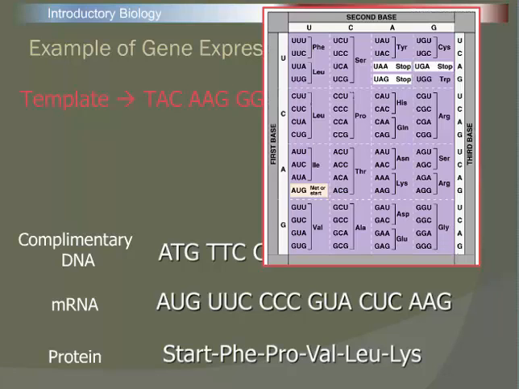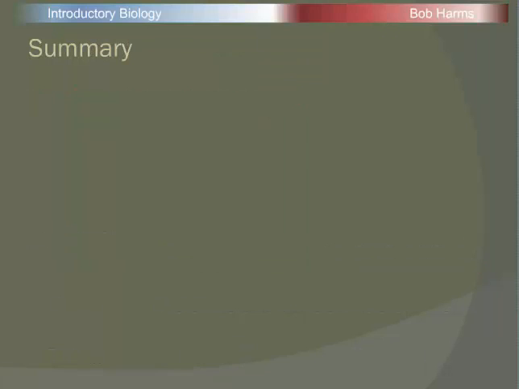And this particular chunk would code for the start codon for AUG, then UUC codes for phenylalanine, CCC for proline, GUA for valine, CUC for leucine, and then AAG for lysine. And so again, our specific sequence of DNA has coded for a very specific sequence of amino acids in our protein. So to summarize or wrap things up,